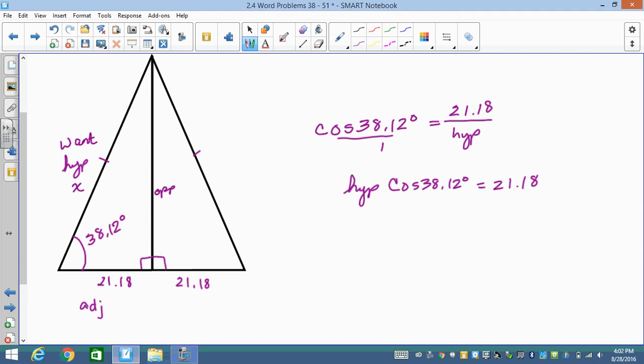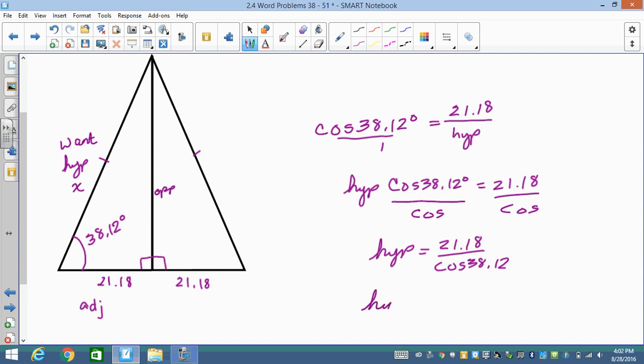And then divide by cosine, we get hypotenuse equals 21.18 over the cosine of 38.12. So the hypotenuse equals, throw this in our handy dandy calculator,